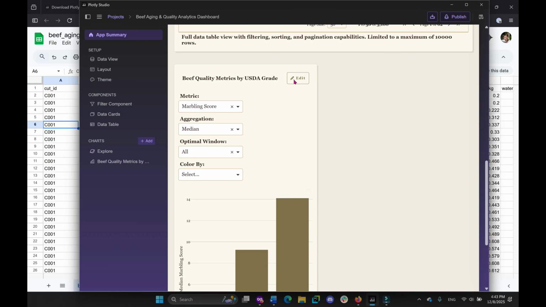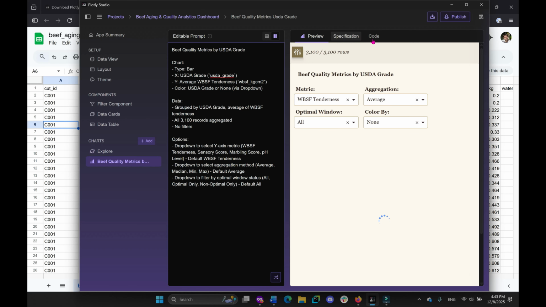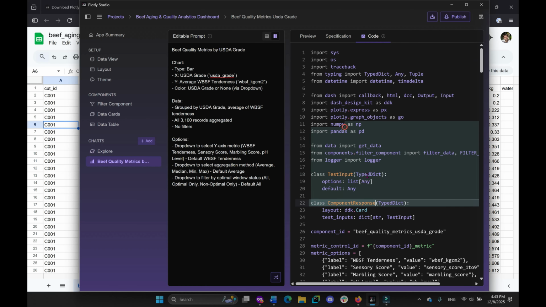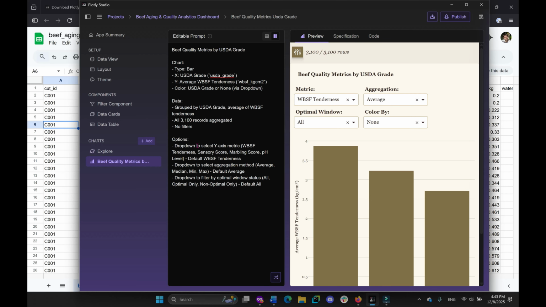If we don't like this, we can edit the graph and say, you know what, I don't like this. I have the code here, but instead of going into the code, let me just change something here. I want a different drop down, or maybe I want a different setup for the data, or maybe I don't want a bar chart. Maybe I want a histogram. So I can just say histogram, and then just update it. But I think we're okay with this